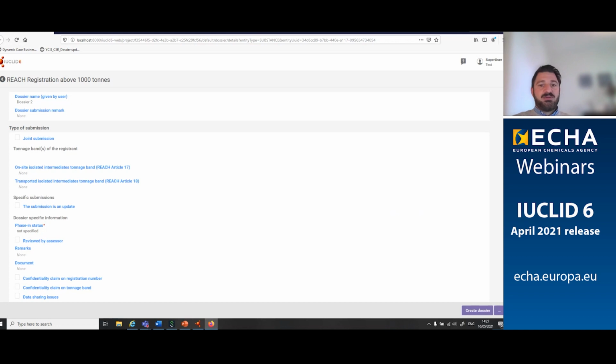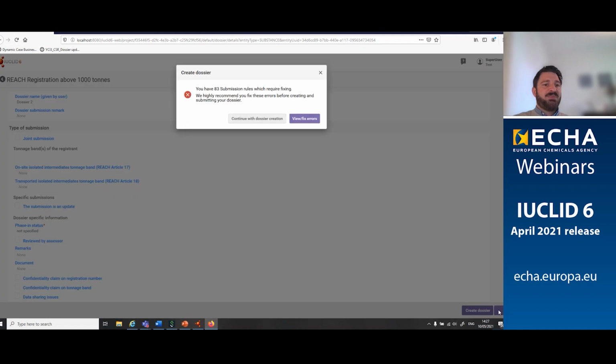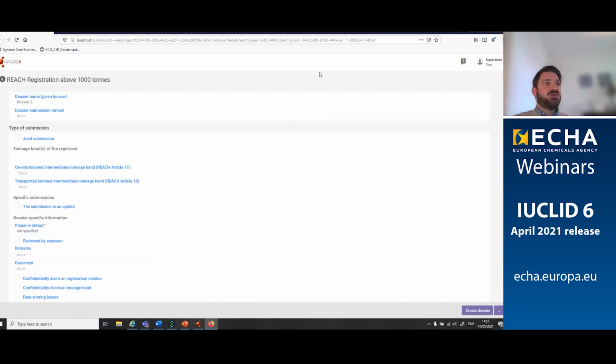Here again, you have the chance to modify the dossier header, and when everything is in order, you can proceed with creating the dossier from here. By clicking on the three-dot button next to Create Dossier, which I will show you in a minute, you will be able to